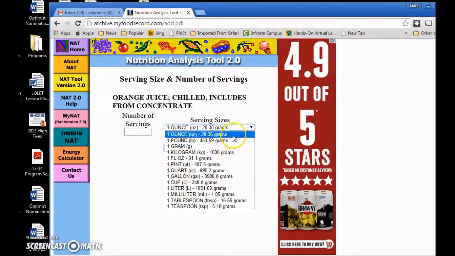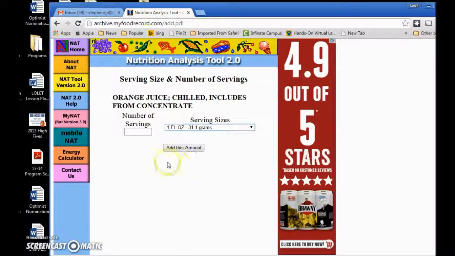You know, if you want to do it by ounces, pounds, grams, if you know you had a cup or a liter, or you know, what have you, a pint would be 2 cups. Or if you know you had, this says 1 fluid ounce, and by the way, this ounces and pounds, that's weight, and since we're talking about a liquid here, we need 1 fluid ounce. So if you had an 8-ounce